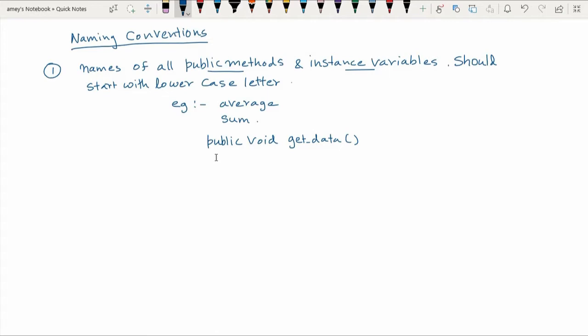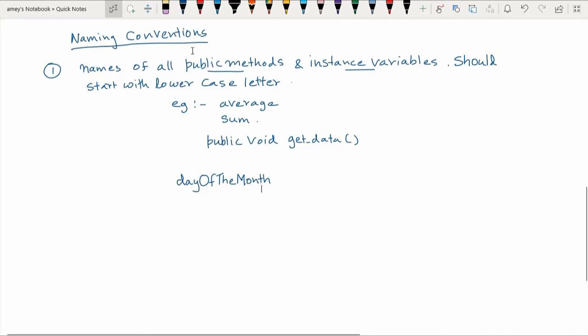As per the convention, your instance variable or public method should start with small case. So how I will write day, d small. This is one word, day of the month. So now the second word, it should start with capital O. Okay, then third word, that is the, T can start with capital. Day of the, and month is the fourth word, so M can be capital. So this whole thing is one variable, day of the month, right? You don't have to put underscore in between. You can just use this convention.